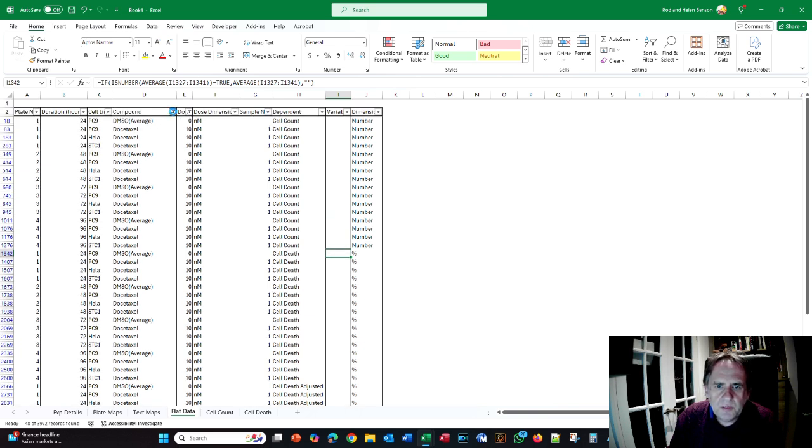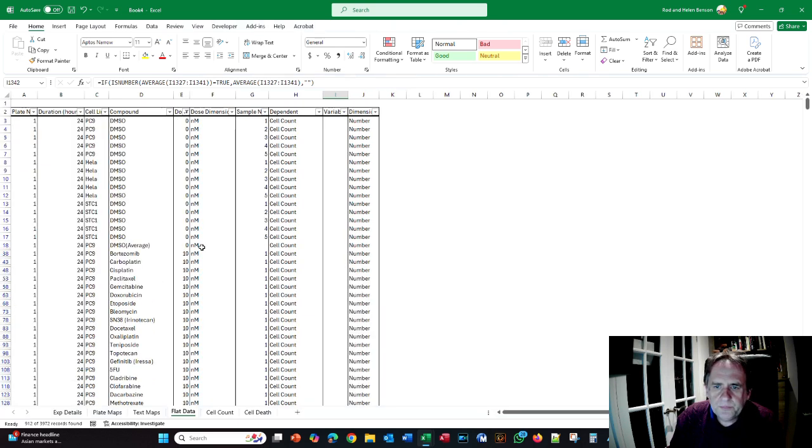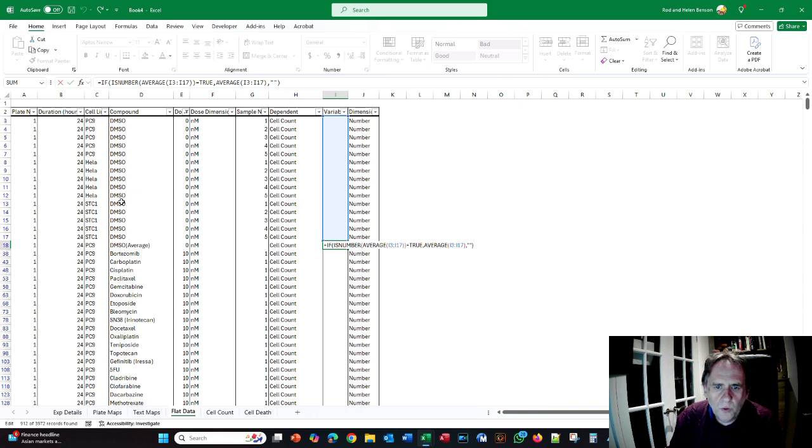So let me just show you that. Although this average says it's in PC9, it is in fact the average of all the cell lines,